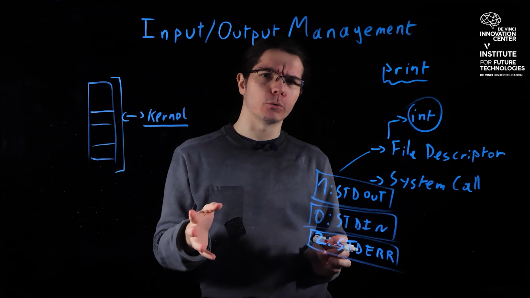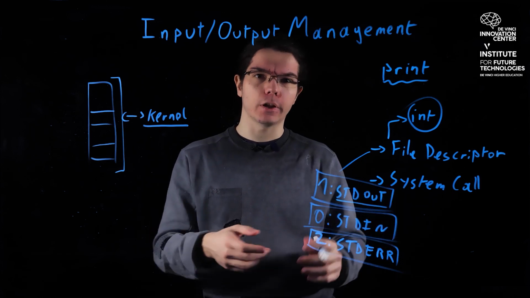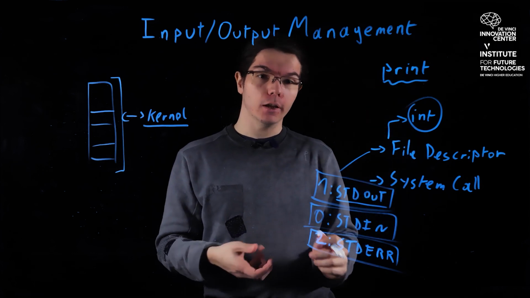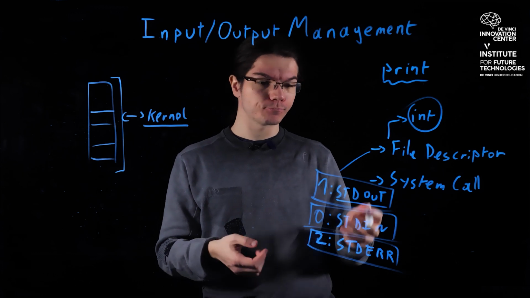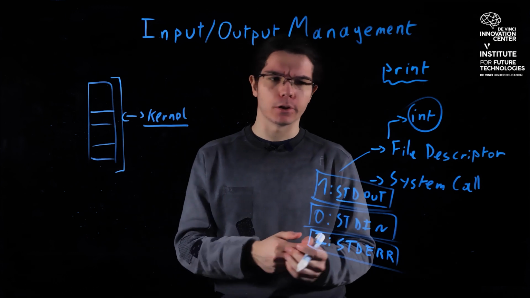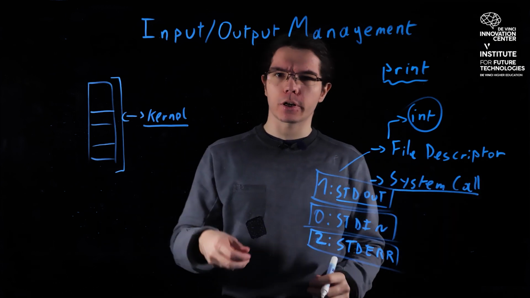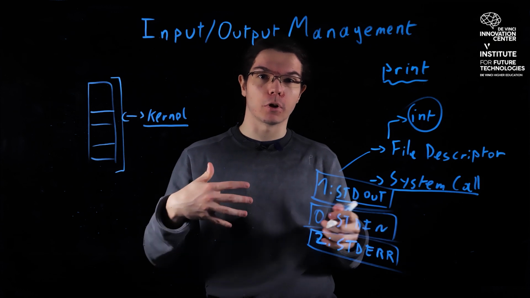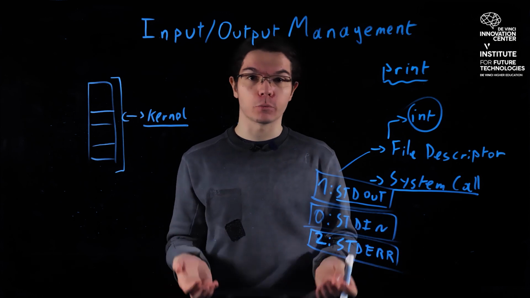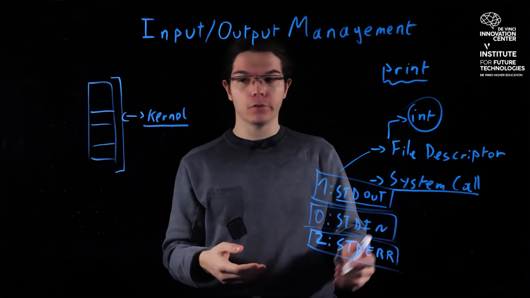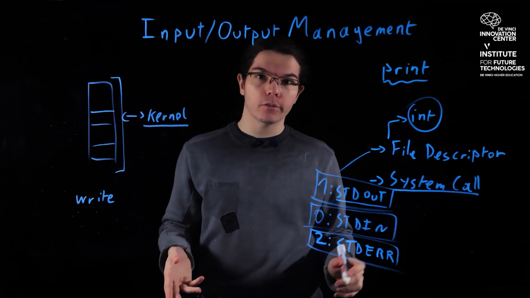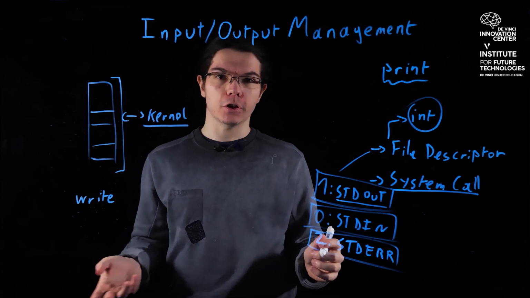For most programs you are going to write, this stdout file descriptor is the console, the terminal you are running your program from. And when you use the print function, it's actually going to use this stdout file descriptor. So let's have a bit more look in depth at what's going on. The system call that's used to output any kind of data outside of a process to a terminal, to a file, to a socket, we'll see next time, is what's called the write system call. The write system call, you can find it in the documentation in section 2.